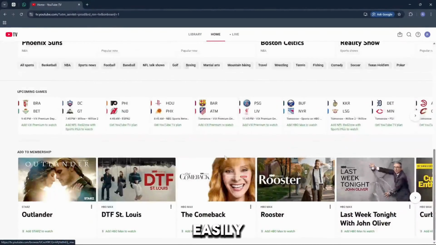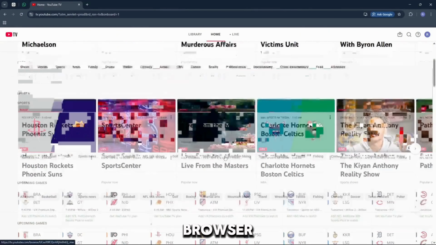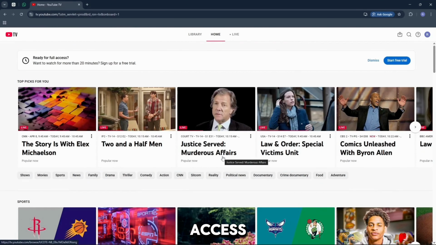So this is how you can easily access YouTube TV on your browser. By following the same steps, you can easily access YouTube TV on any